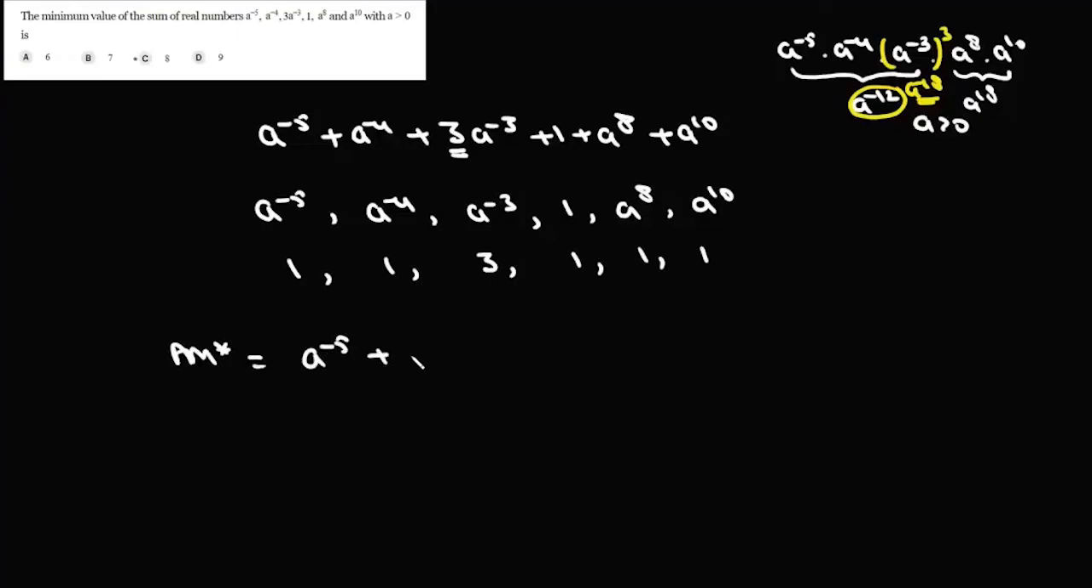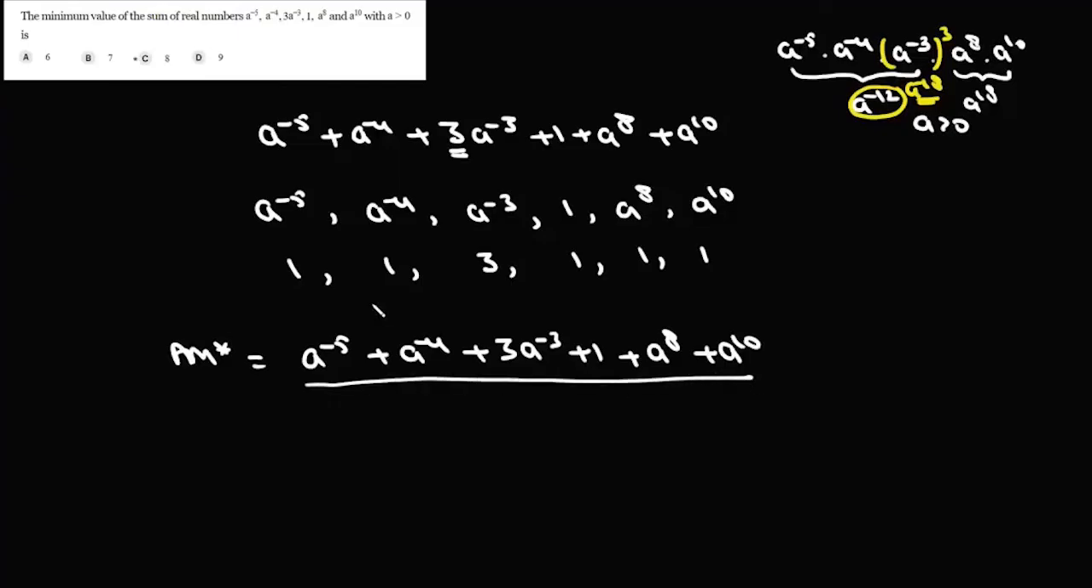If we write their weighted AM, it will be a to the power minus 5 plus a to the power minus 4 plus 3 a to the power minus 3 plus 1 plus a to the power 8 plus a to the power 10, whole divided by, now this is 3 plus 3 is 6 plus 2 is 8. And their weighted GM will be a to the power minus 5 into